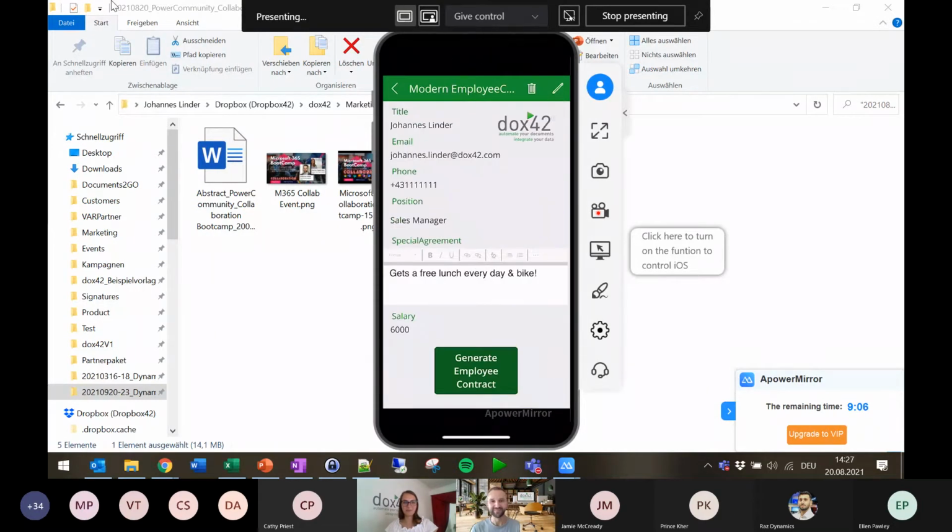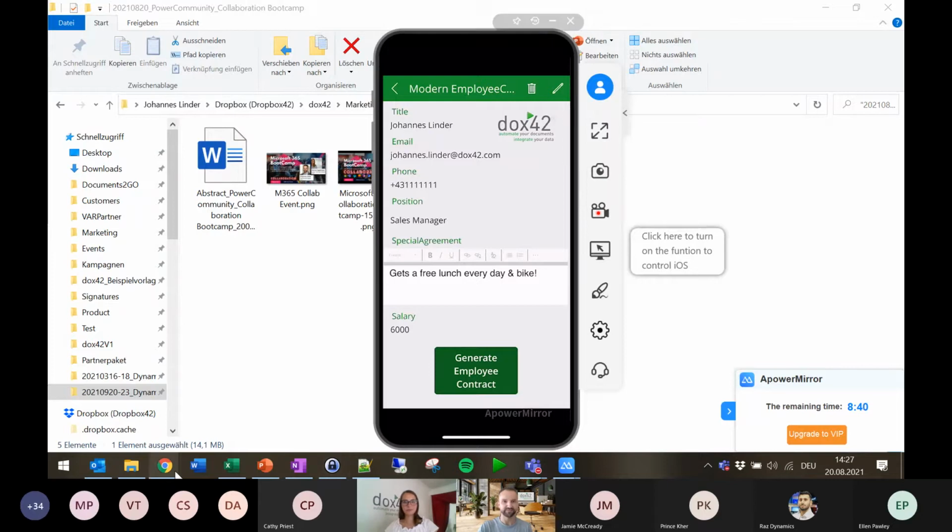Still, this is just the Power App. So basically the very same information we've already seen in that SharePoint list, I can now just edit here in that Power App on the fly with all the information available. And of course, clicking here on generate employee contract will help me generate the document from the actual app, with the same principle that we've already seen and Marina has shown us.